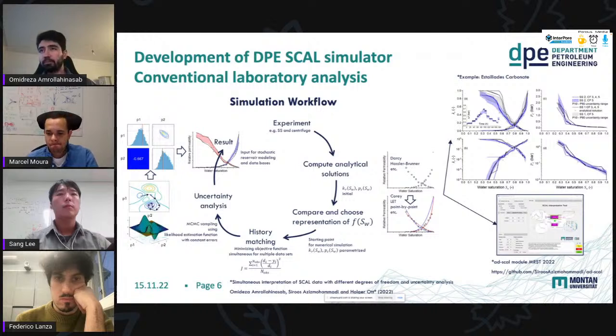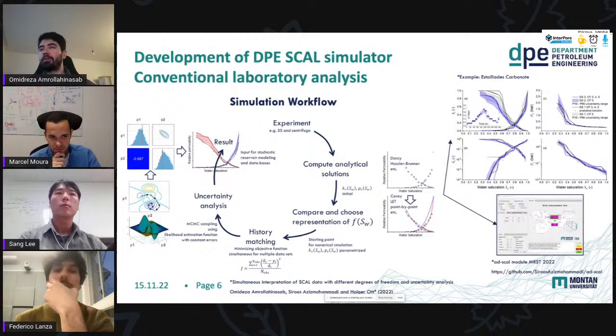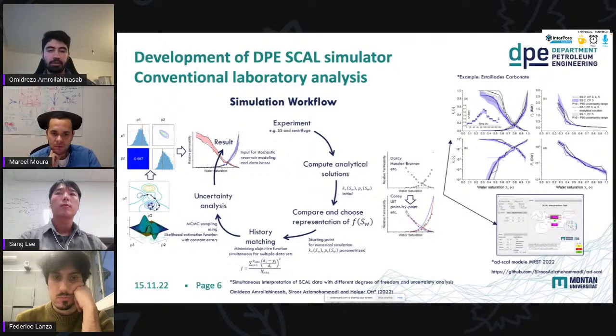So what we have done here is also part of the MRST package. So this is open source. You can download it right now and give it a try for yourself. And the graphical user interface that you see here is what we use for our courses that we teach at the university. So coming back to the topic,